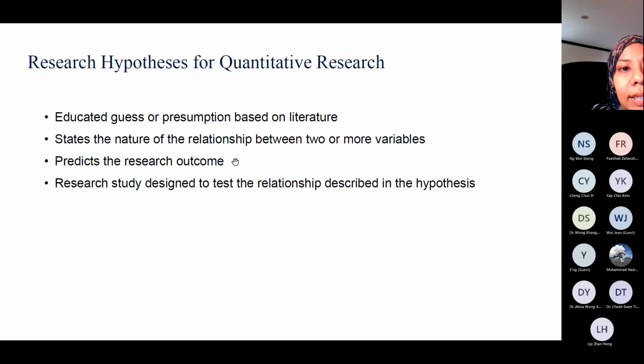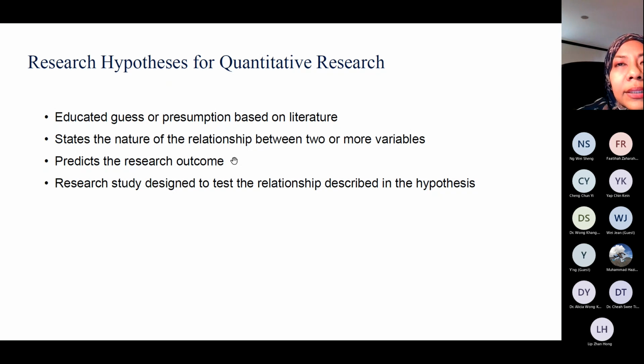Number 2, it states the nature of the relationship between two or more variables. Whenever we draw our hypothesis, we must make sure that we state the relationship between two or among many variables that we have in our research. And as I mentioned earlier, a hypothesis predicts the research outcome, and the research study is designed to test the relationship described in the hypothesis.